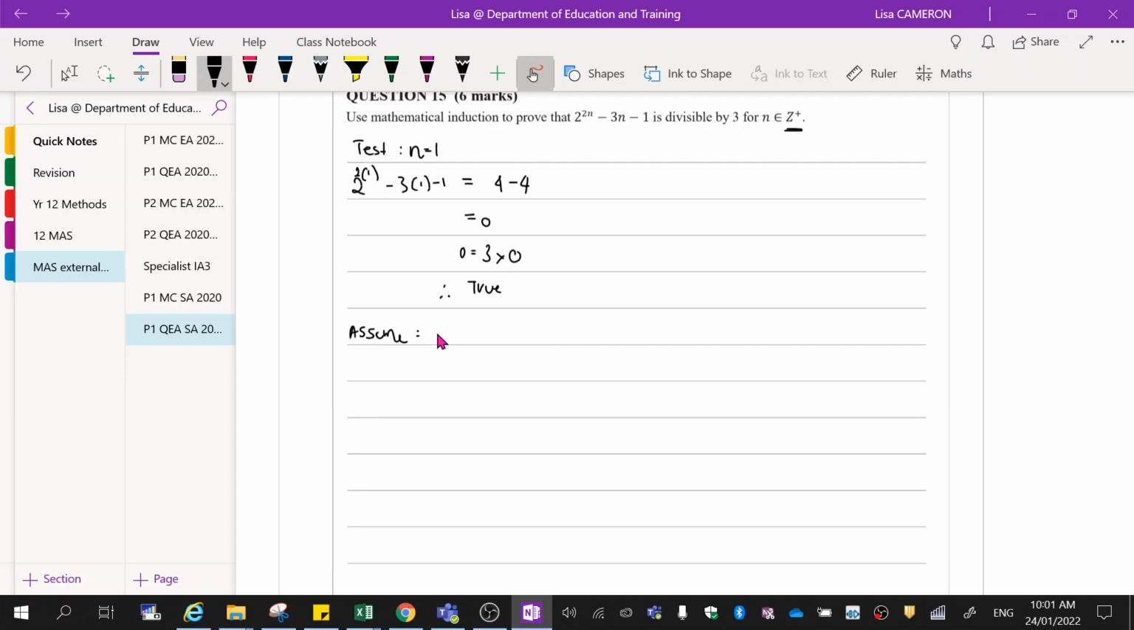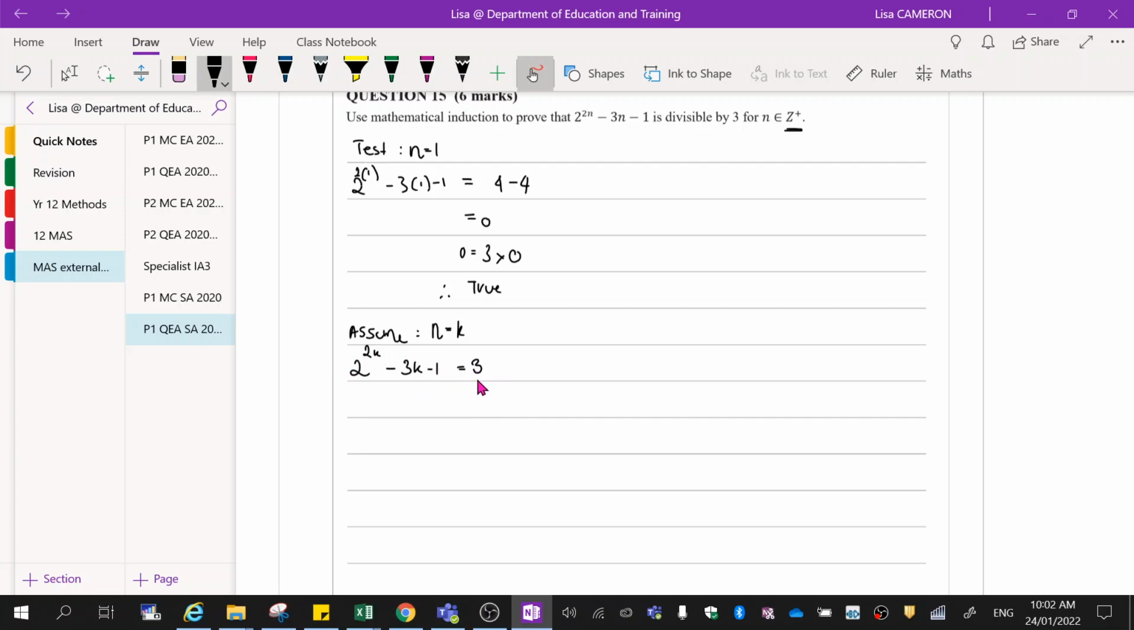So when we're assuming, now that I should have said it up here, this one is the initial statement. Proving that it's true initially is your initial statement. Now we're going to assume that n is equal to k. So 2 to the power of 2k minus 3k minus 1 is equal to, we're saying it's divisible by 3,